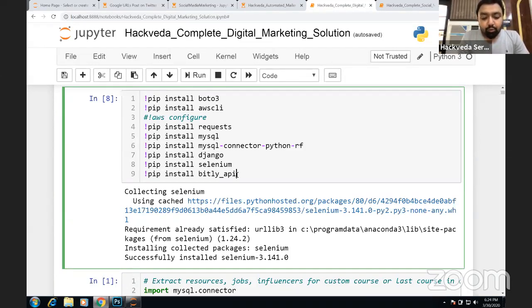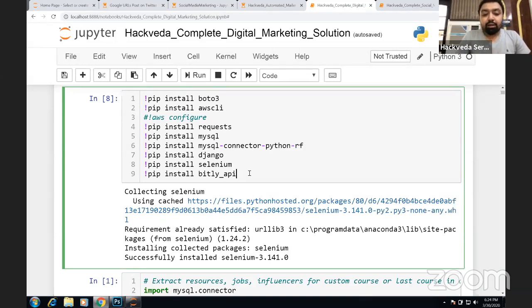So what we can do, we are going to use a URL shortener automatically with our Python script, which will help us shorten the URL. And then we are going to attach those shortened URLs with our SMS campaigns, with our emails, along with when we are posting it on Twitter and LinkedIn or on Facebook, we will be having short URLs. So that would be pretty helpful for the viewer to have your link and he can quickly be redirected to your web page. So these are some of the libraries which are required.